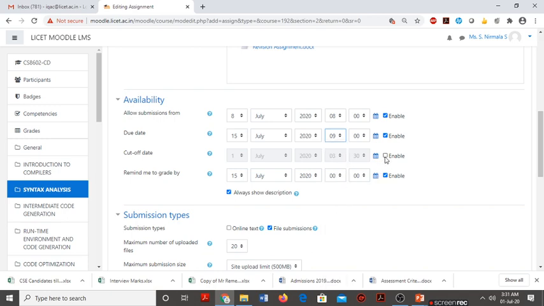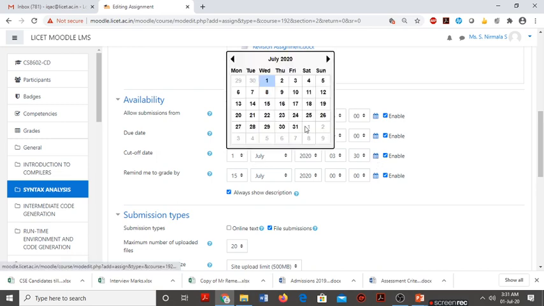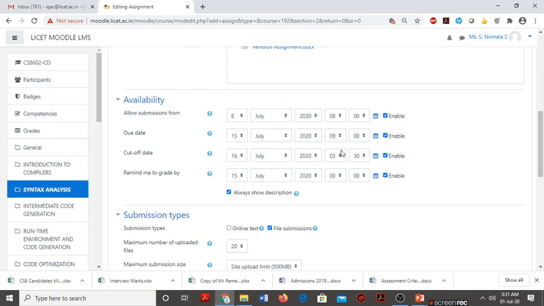We can even set the cutoff date. The third thing is cutoff date. Like for final submission, if we are going to permit for few students with permission as 1 day in addition, and time again as 9 a.m. The last option is remind me to grade.